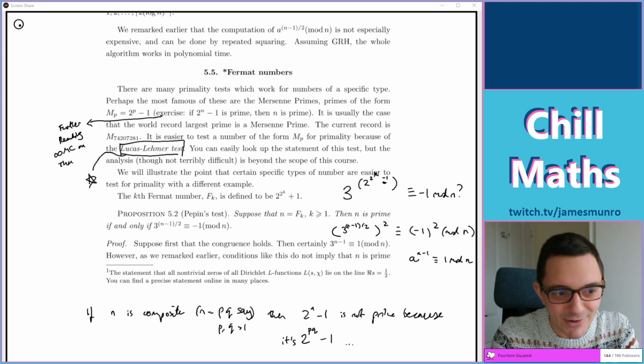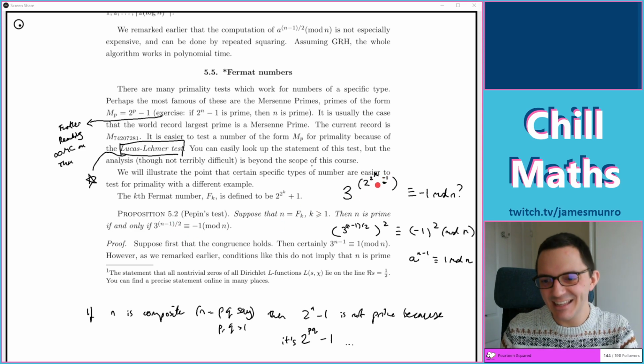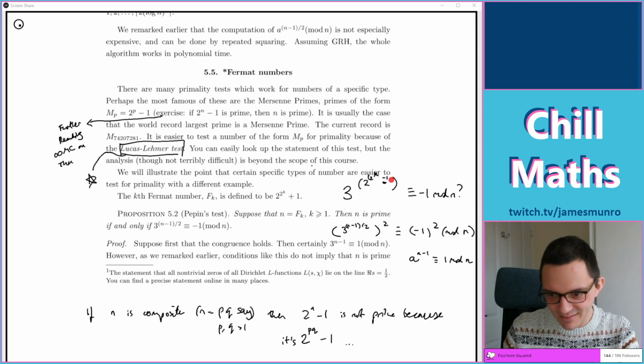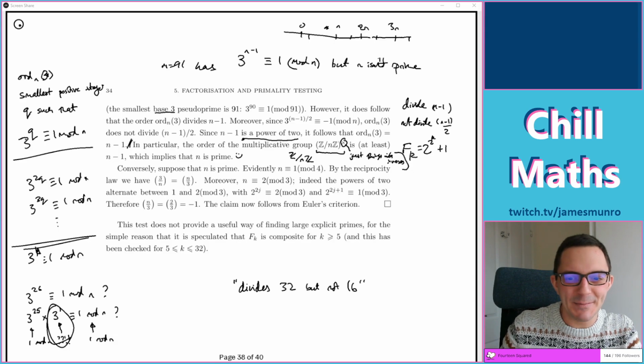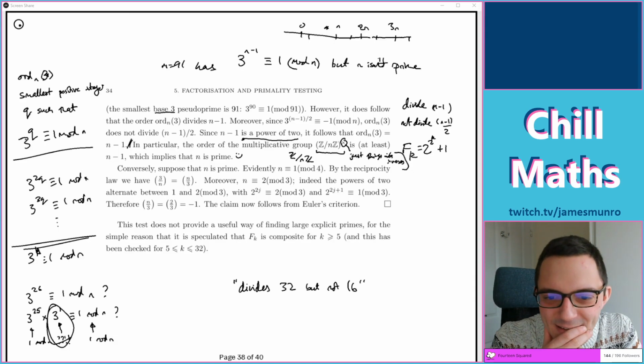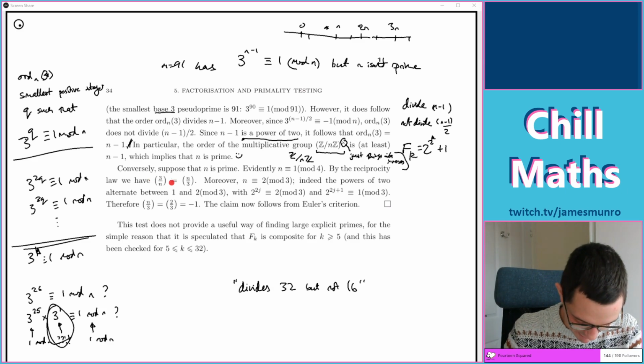So you just check that for a large value of k, where I'm not being very clear about where that minus 1 lives. Divide by 2 up here. There you go. Just check that, and if it's minus 1, then bingo, we found a Fermat prime. That's huge. You'll need some clever ideas to actually evaluate it, but you know, good stuff. The converse is also true. The converse here is using some sort of quadratic residue stuff.